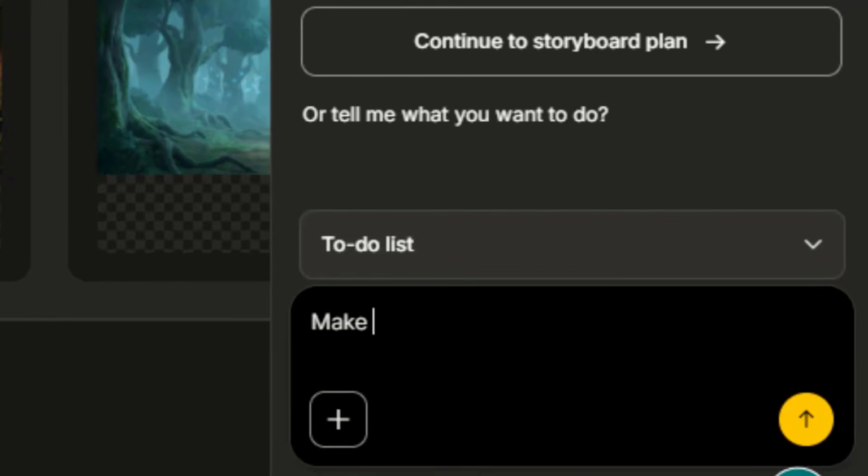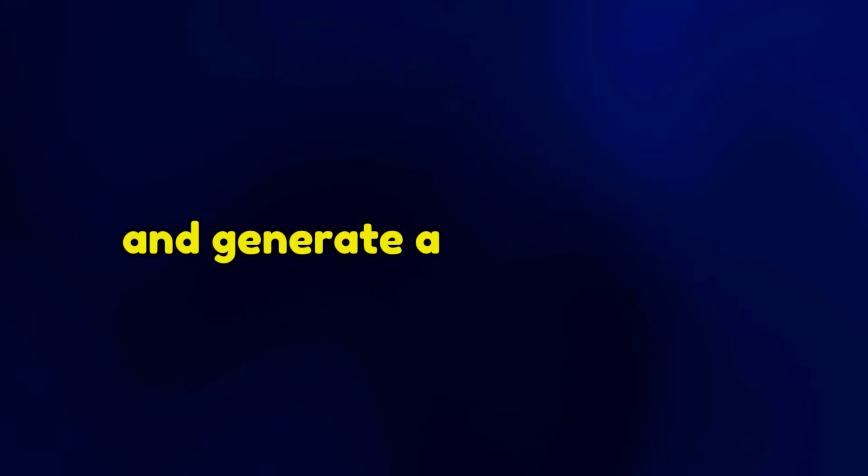And here is what makes it even more powerful. If something is not right, you can adjust it instantly with a simple text command. In this video, we will begin with a basic story idea and generate a full animation step by step. Then, we will test this tool using a reference image and see if it can create a complete and consistent